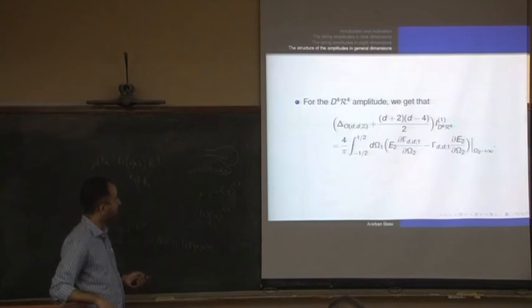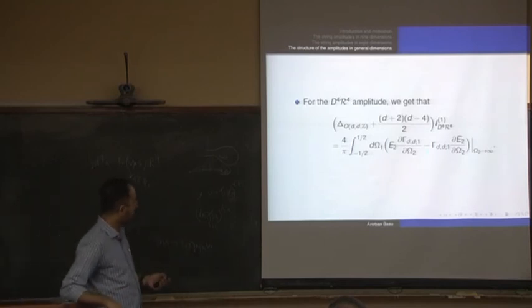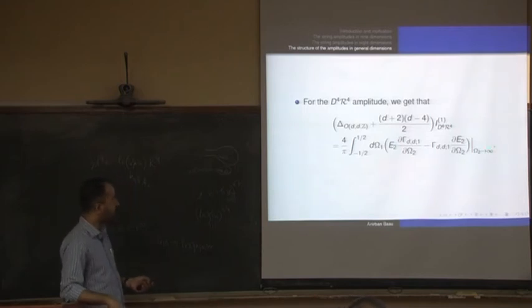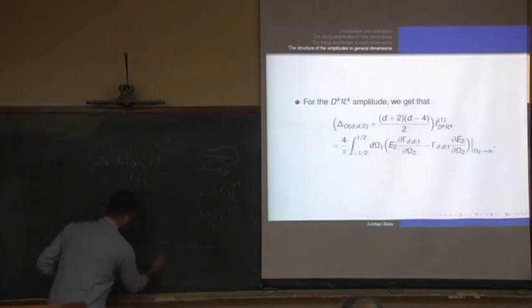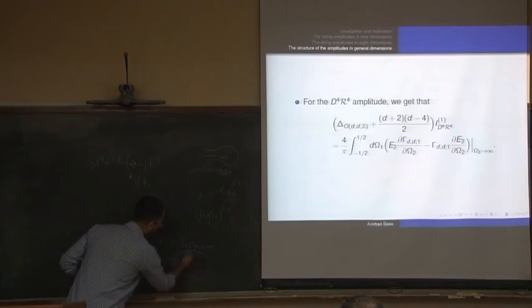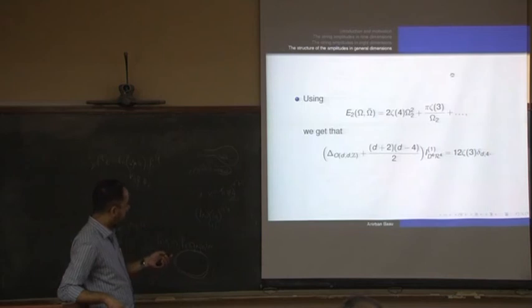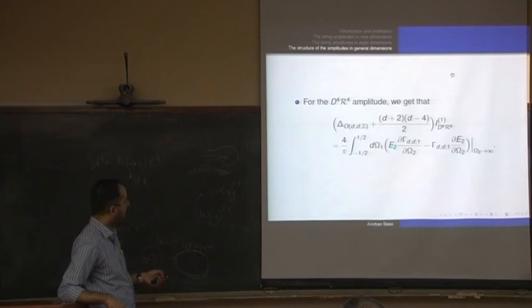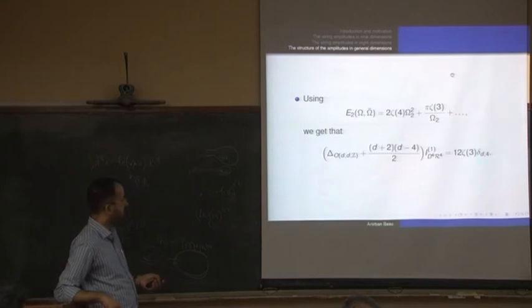Now you want to ask in what dimension this boundary term contributes. The boundary term is E2 derivative of the lattice minus lattice derivative of E2, and I have to keep the finite part as omega 2 goes to infinity. So if this is the torus, when omega 2 goes to infinity, the field is infinite. For that, I just use the expression for E2 here, and then it's trivial. I know the expression for E2, I know the del omega 2 behavior, and it's non-vanishing only in 6 dimensions, T^4 compactification. And the coefficient is 12 zeta(3).